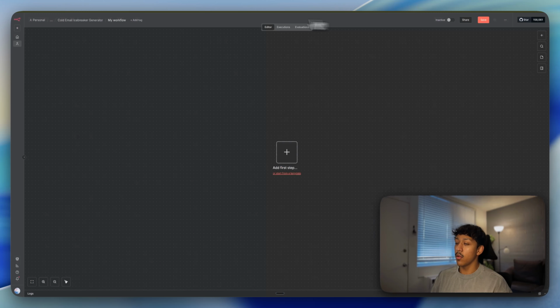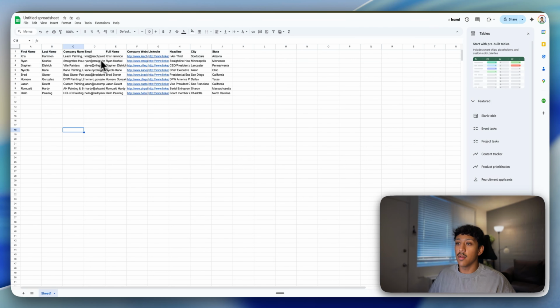I'm going to be creating a workflow here. And actually, before we do this, let's go into Google Sheets and we're going to create our spreadsheet. So now this is what your spreadsheet should look like with your leads. I mean, you can have more information or less information depending on how you scrape it, but really the only information that we're going to need to generate the icebreakers are going to be the full name, the company website,